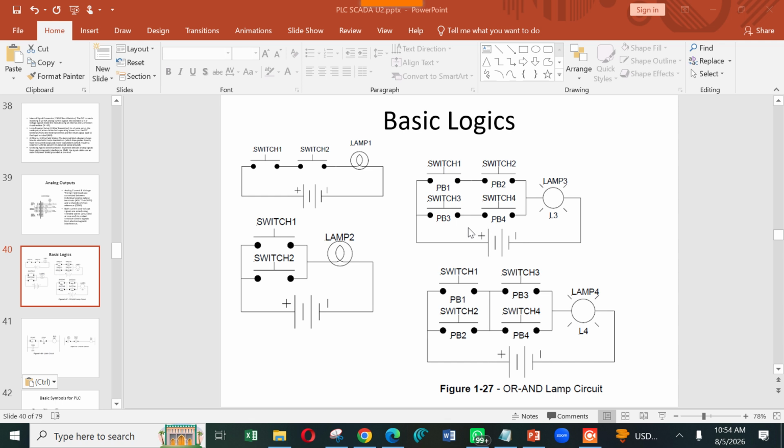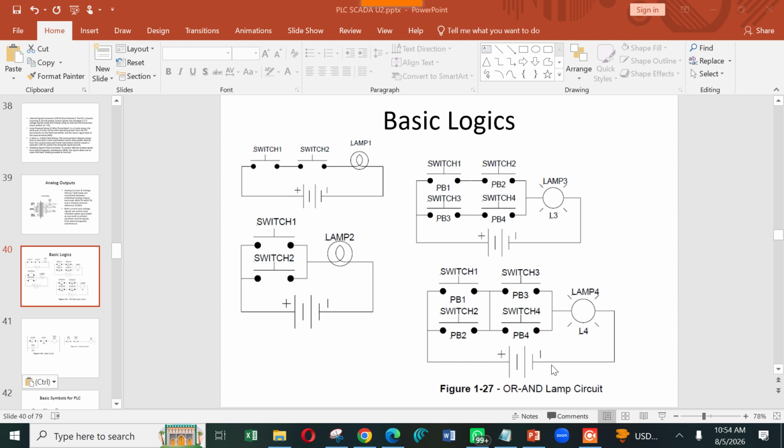Here a group of switches should be on, either the top group or the bottom group. Then only the lamp will be on.